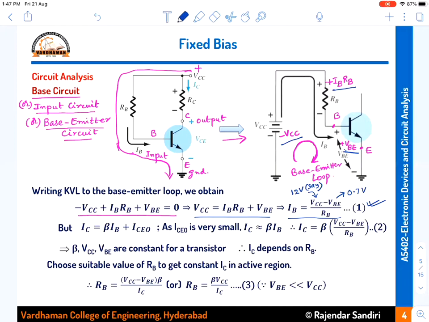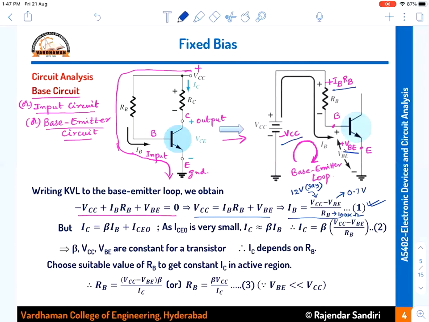RB is the value that I have chosen in the circuit to connect. So this RB may be, say, 100 kilo ohms. Now if you see, VCC is 12 volts, VBE is 0.7 volts, RB is 100 kilo ohms. That means this IB we can calculate by these values of the resistor, VBE and supply voltage VCC. So equation number 1 we can calculate easily for a given transistor with the given values of supply voltage and the resistance value. IB is the current that we have calculated.